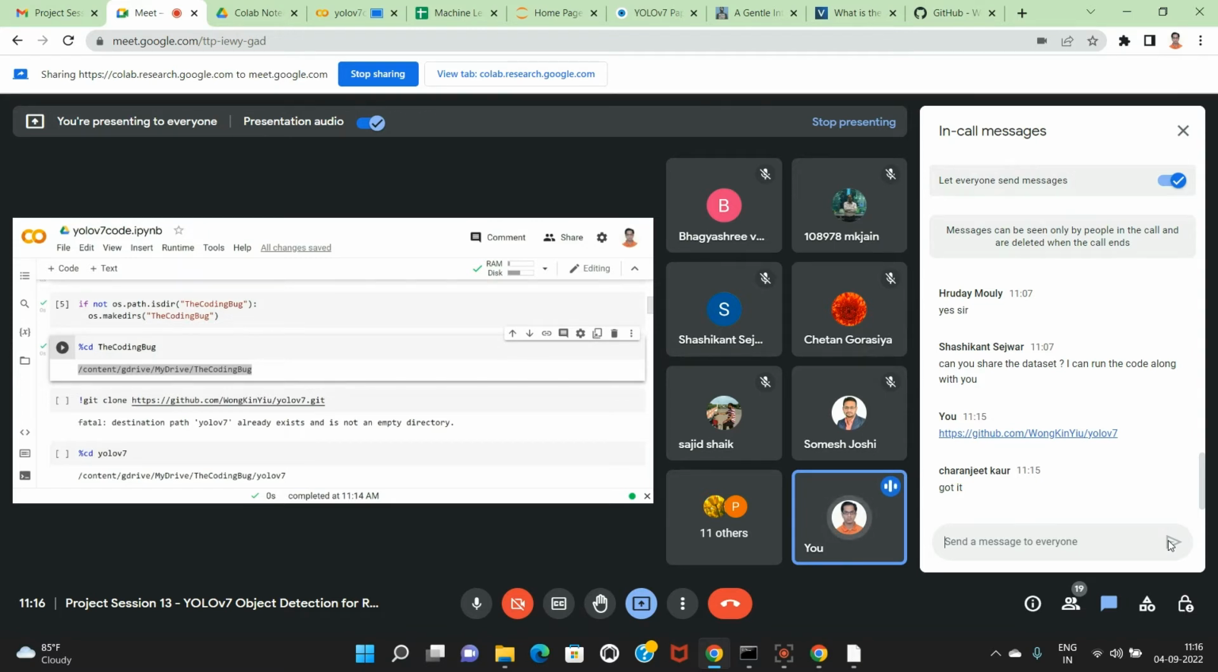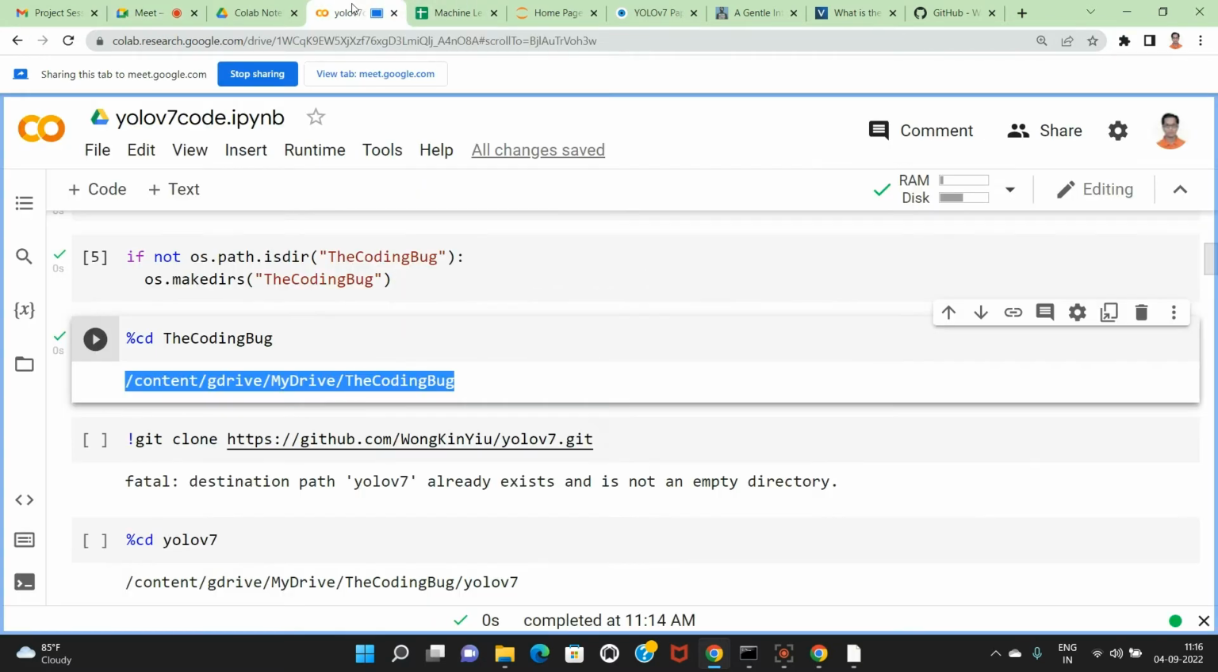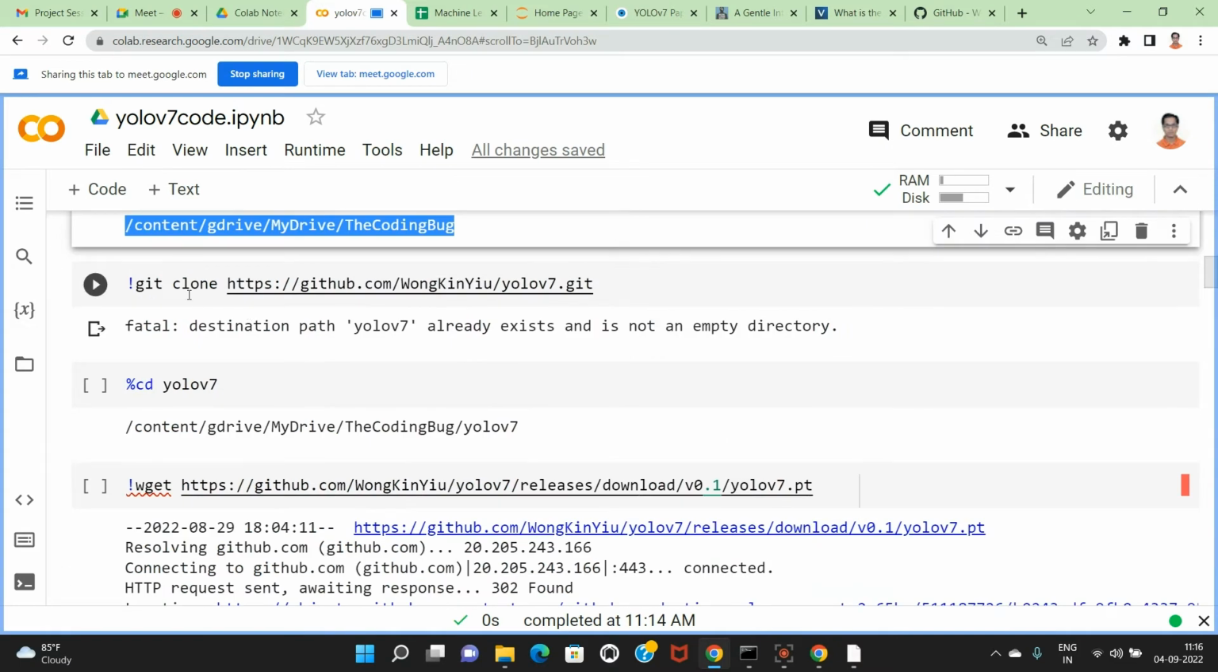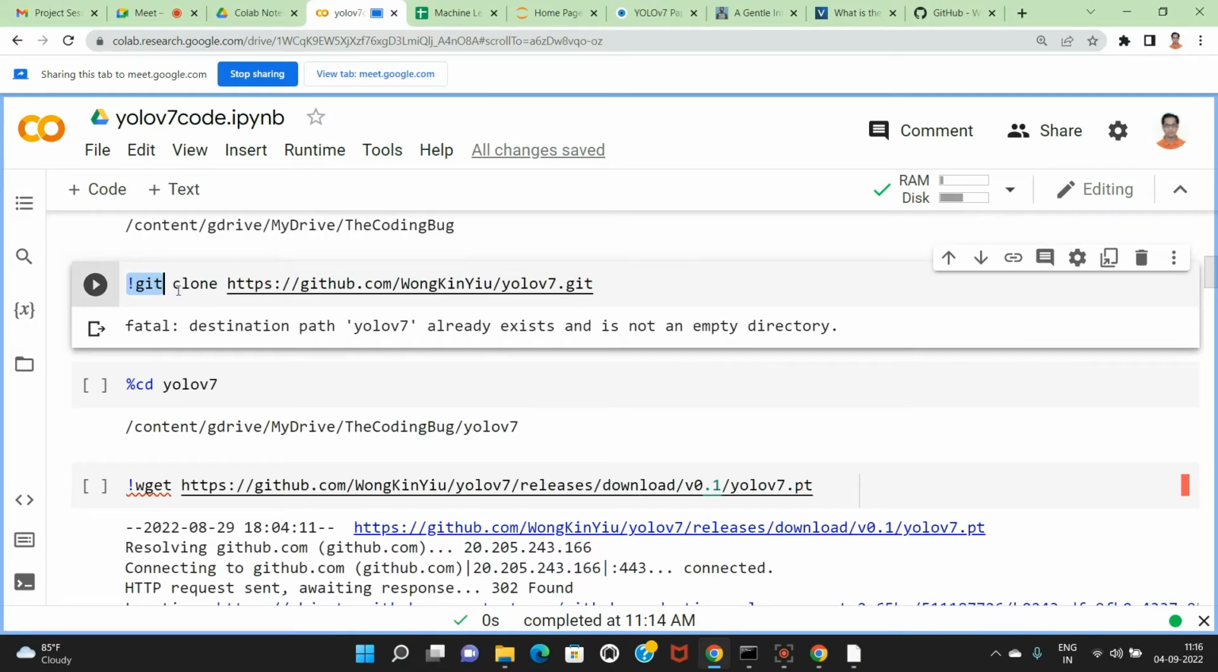So what next to do? We need to prepare a clone of this library. For creating a clone of this library, we need to write like this. You have to use a git command. Okay, git command. So exclamation git, write clone with a space, and copy the complete URL